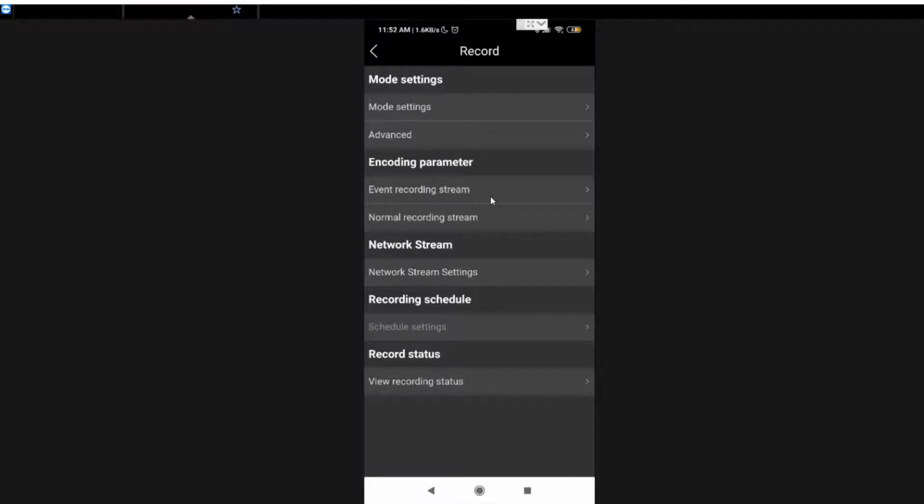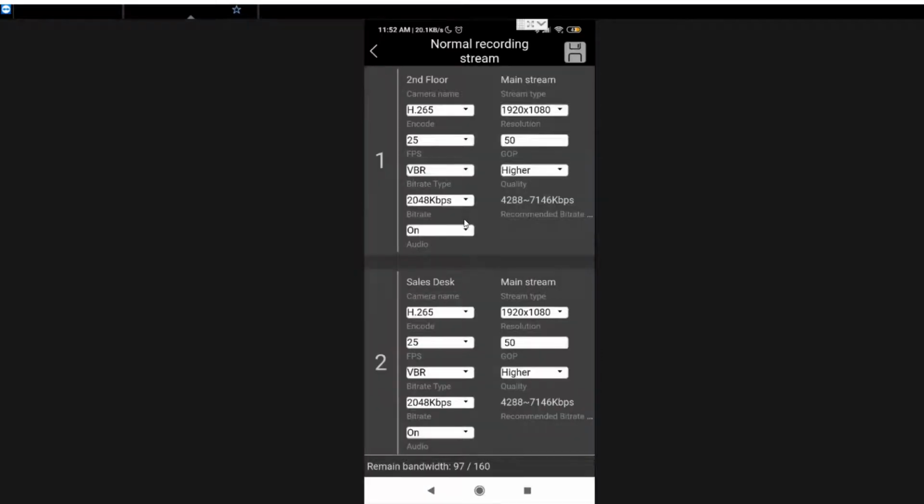Now, of course, those were the parameters when an event takes place, when a line is being crossed or motion is being detected, a face being detected, something like that. But we also can control the normal recording stream right here. We can see it. So once I press it, we get to the same screen, but not exactly the same. If I change the parameters here, then that will only apply to a 24/7 recording when nothing else is happening. So basically,